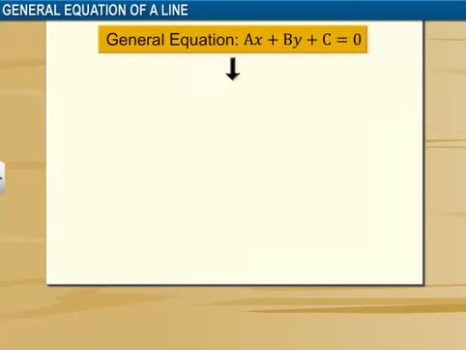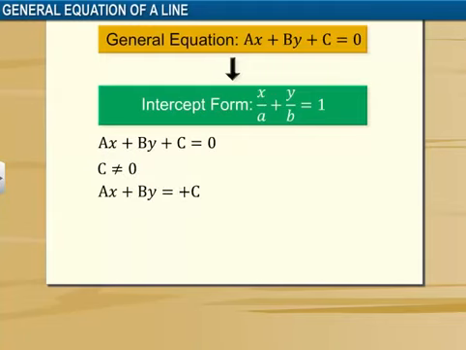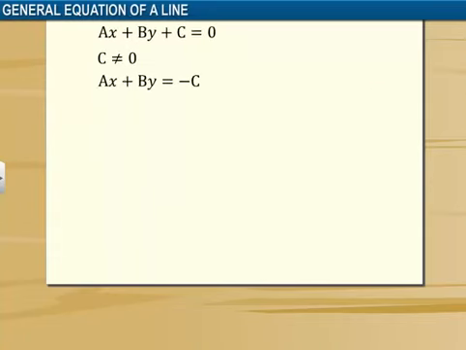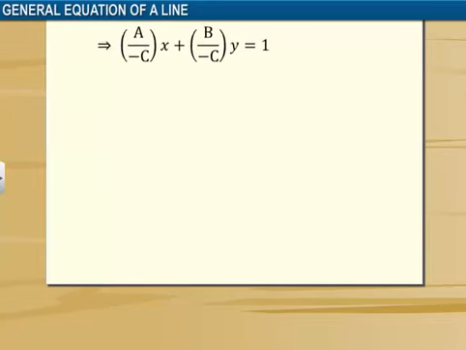Now, let us reduce the general equation of a line into the intercept form of the equation of a line. Consider the general equation of a line such that the constant c is not equal to 0. Rearranging the terms in the general equation, we get ax plus by is equal to minus c. Dividing both sides of the equation by minus c, we get a upon minus c into x plus b upon minus c into y is equal to 1. Rearranging the terms,